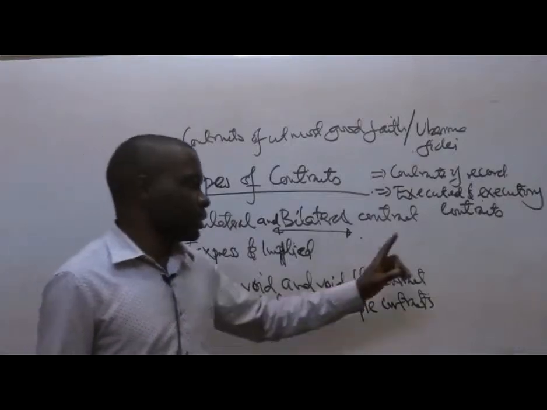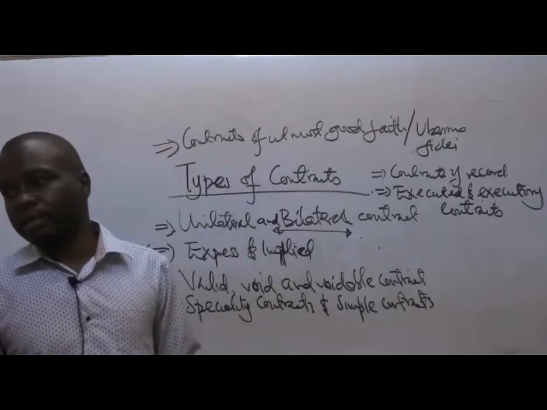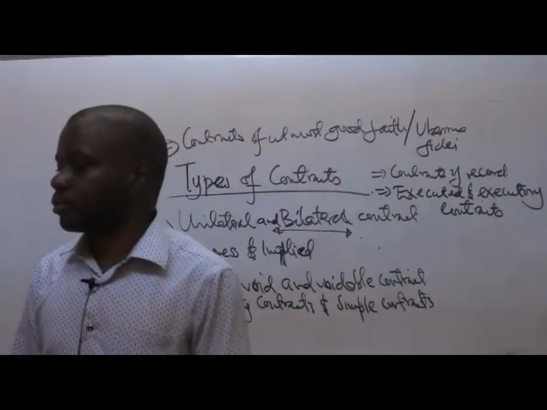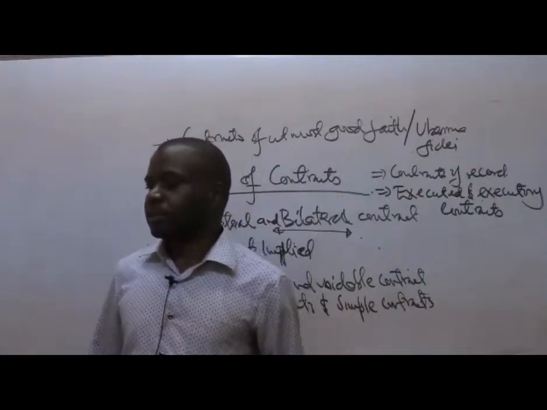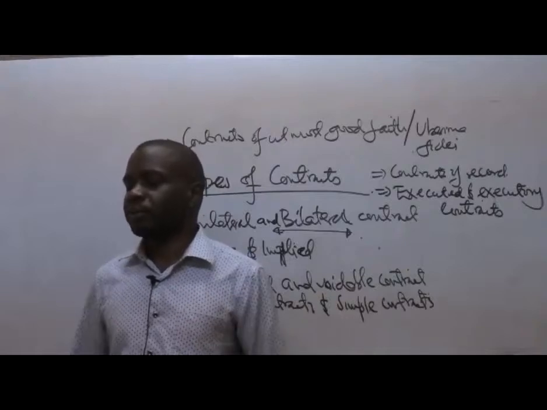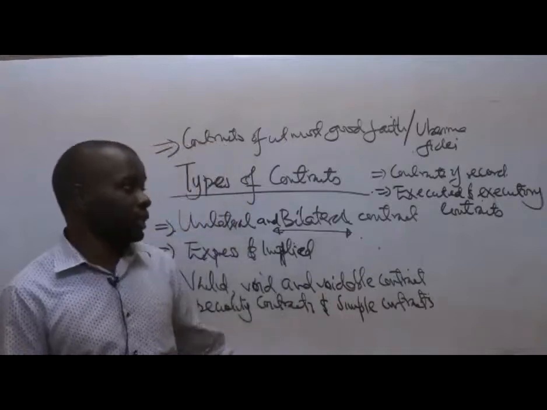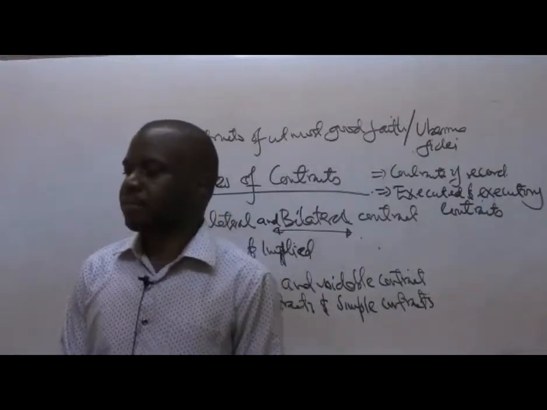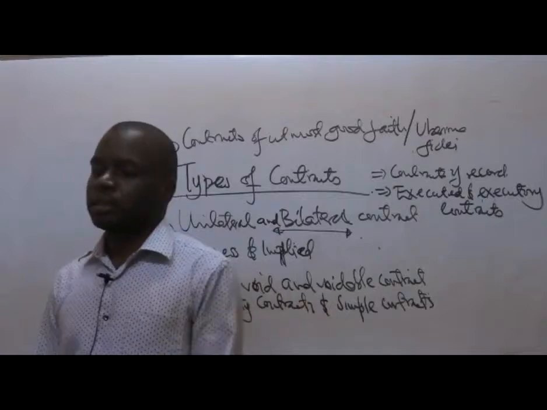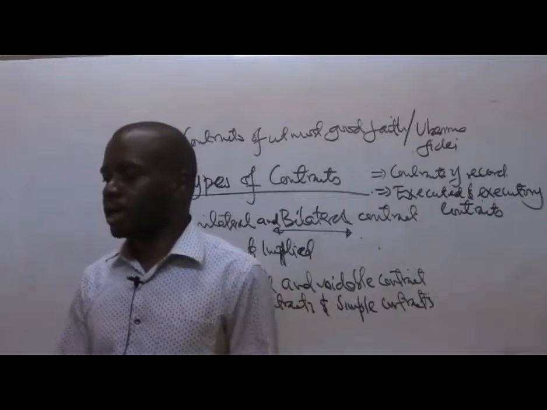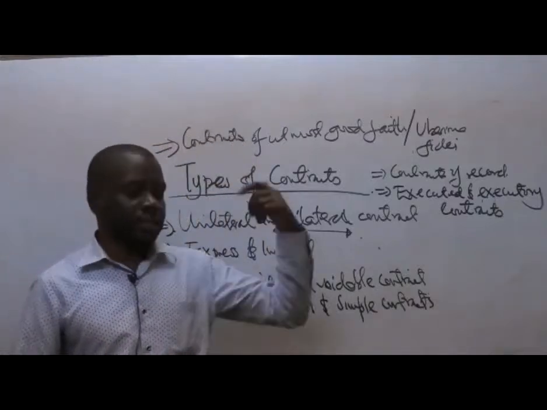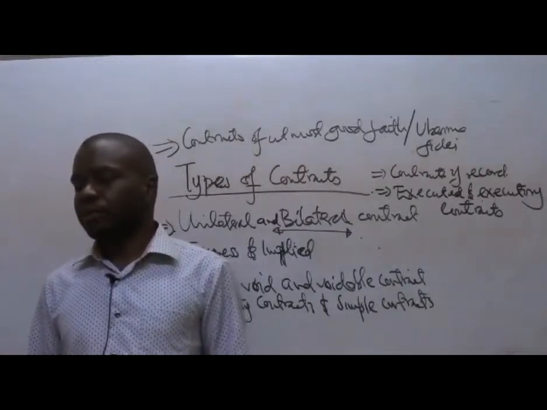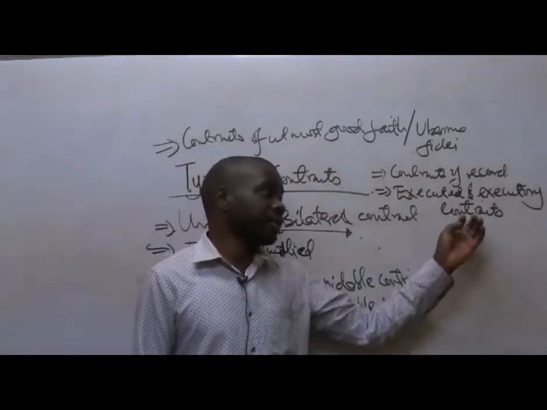Then you have executed or executory. Executed, just from the word, has already been executed. So it is a contract where all the terms and obligations have already been fulfilled in the past, for example, a month ago. So that contract will be termed as already executed. Executory: the promises under the agreement are supposed to be fulfilled at a future date, maybe a month from now. The promise is that the teacher will provide block revision. So in such a case, that is an executory. It is a promise that has been made to be fulfilled at a future date. So such an agreement can be termed an executory contract.